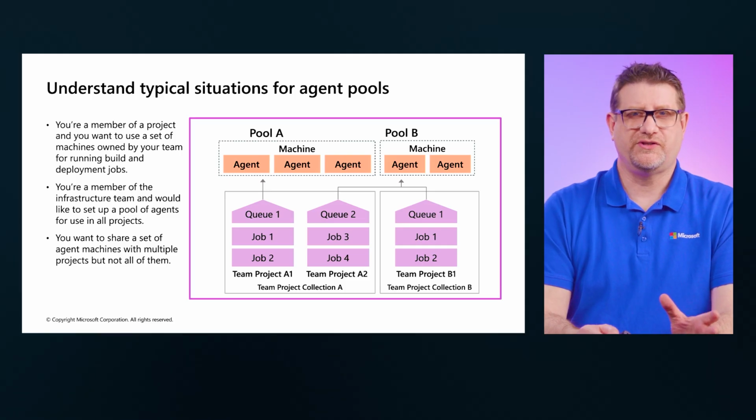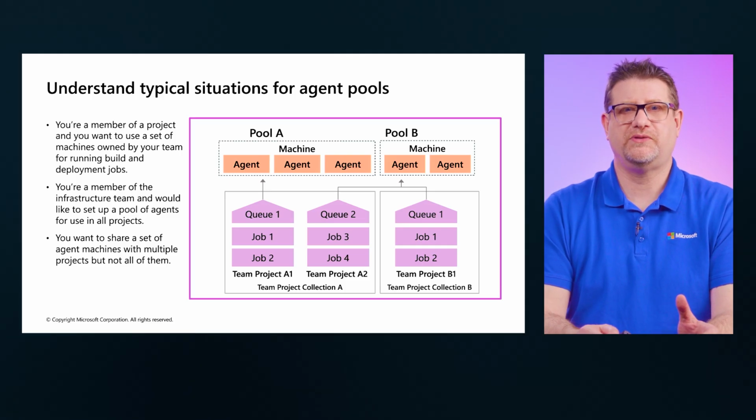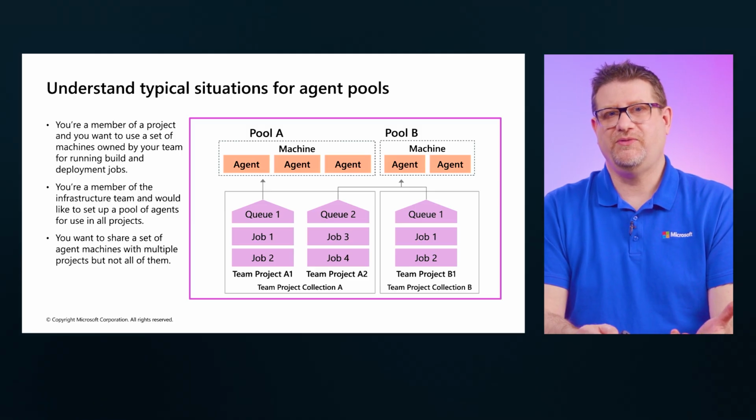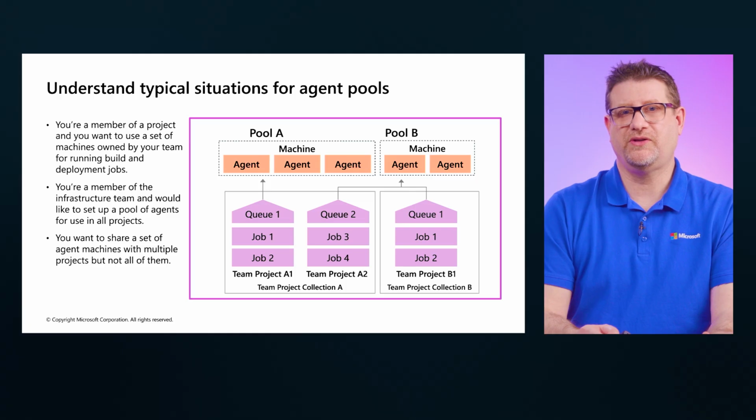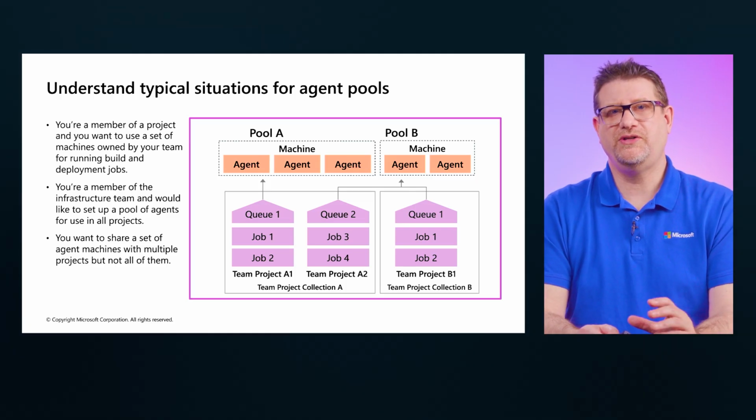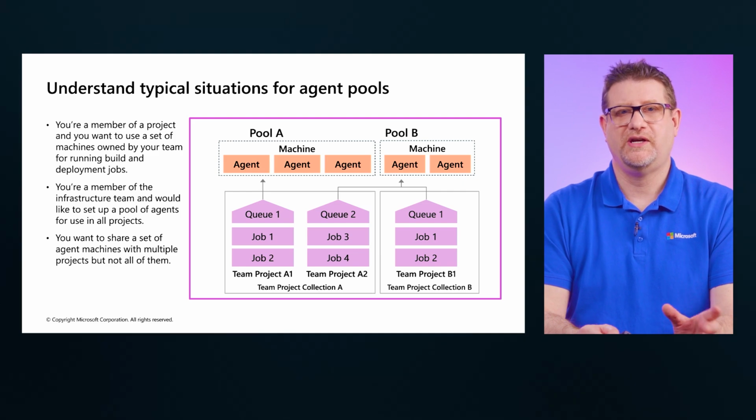If you're on an infrastructure team, you might set up a central pool that multiple projects can draw from. If you're on the app team, you might keep a dedicated pool for your own workloads. The idea is the sharing boundary. Pools let you control when you can queue jobs and to which agents, preventing bottlenecks and keeping high priority pipelines